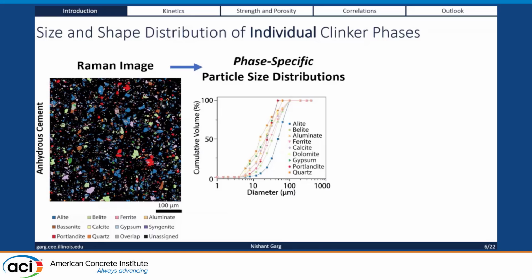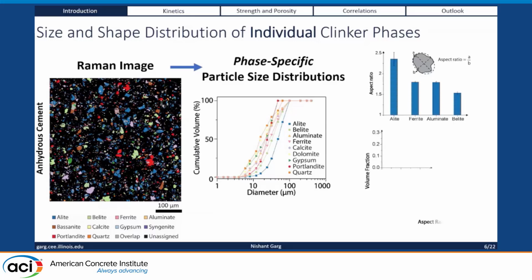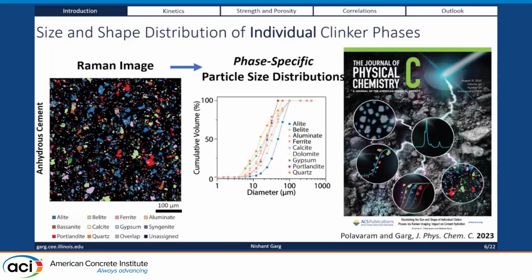So you can imagine if you have type 1L cement, which I hear a lot of people are talking about in the past few years, you could have two type 1L cements with the same amount of limestone, but depending on how they're ground, the fineness of the limestone within that could be different, and that would affect your strength, water demand, and so on. So with this, of course, you can get all sorts of statistics. You can get the shape parameters, the volume fraction,